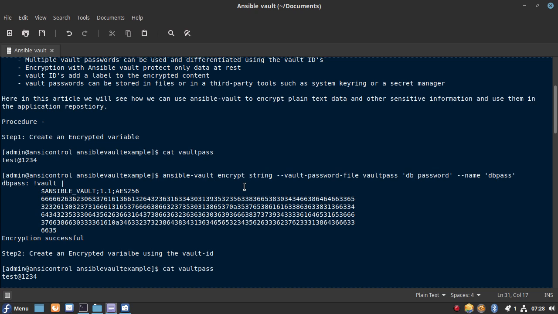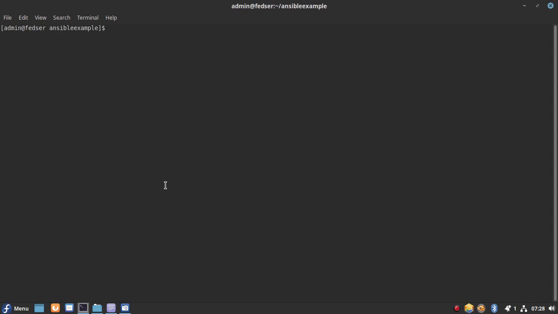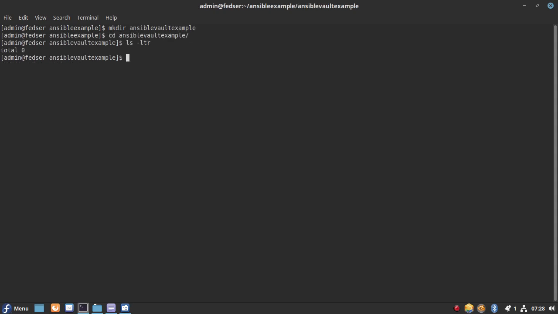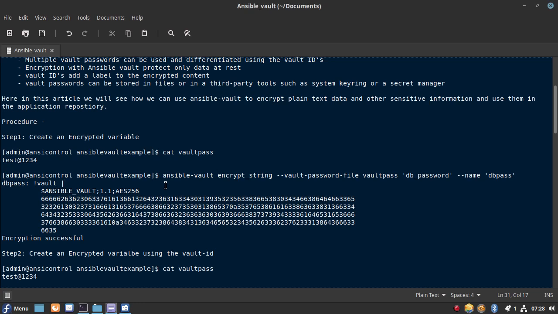Okay, so let me go through. Let me show you how we can do this one. So for that purpose, let's create one folder, ansible-vault-example. As I said, every encryption and decryption requires a vault password.